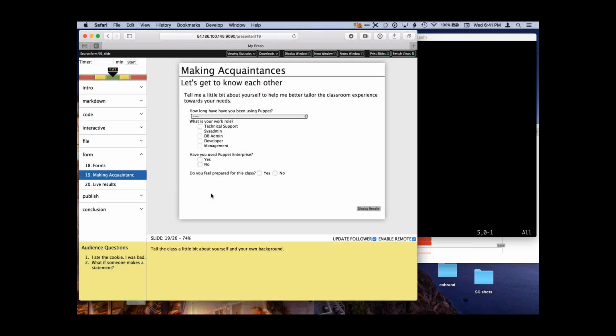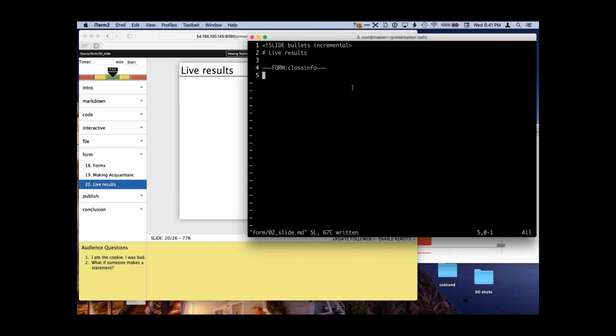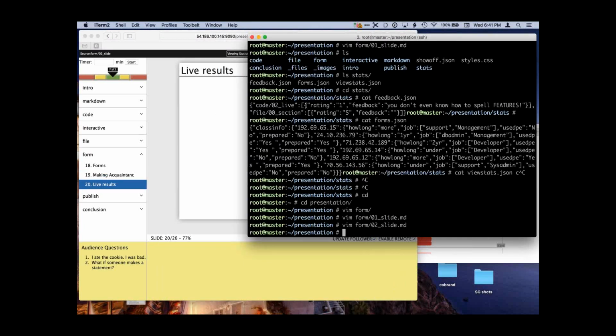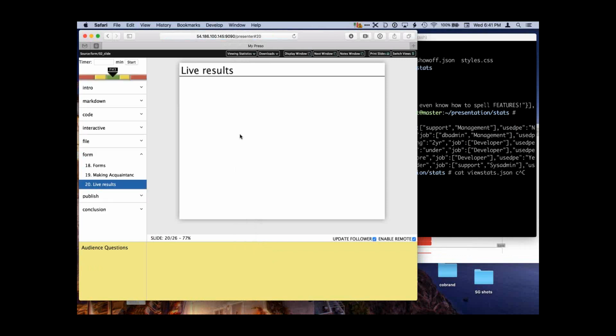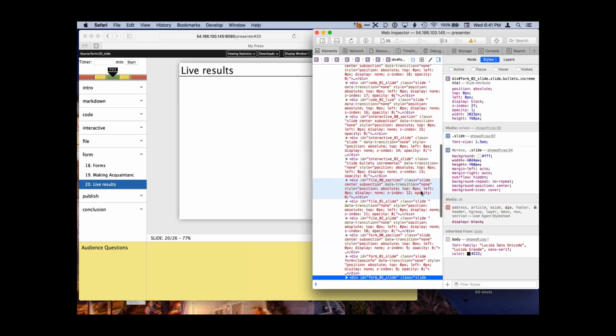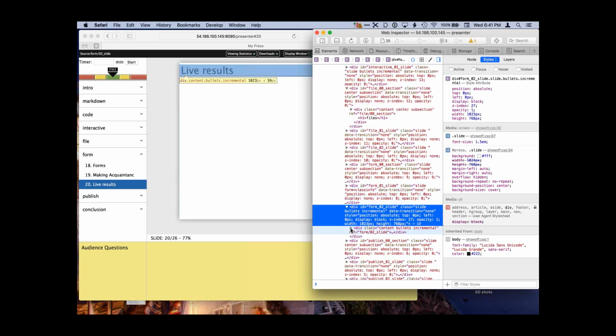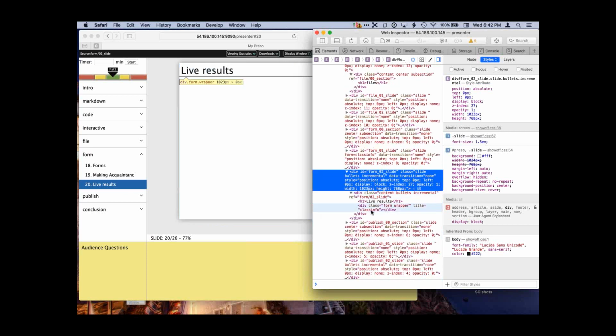I'll reload content again. There's nothing there. And what is it styling? Looks like I have found another bug. I apologize. I'm looking at the complete wrong one.